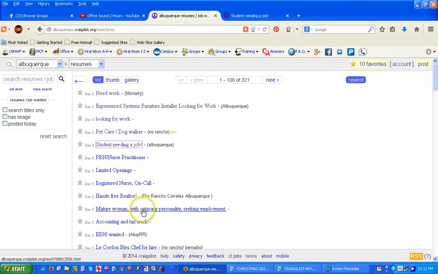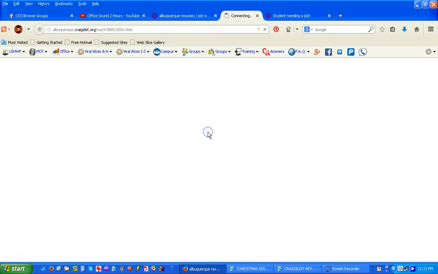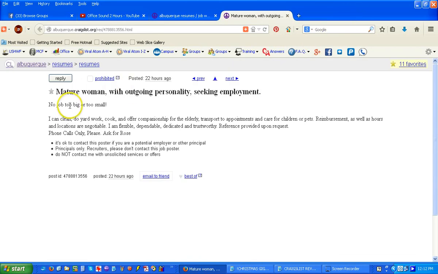Here's a mature woman with outgoing personality seeking employment. No job too big or small. She can clean, she can do yard work, cook, and offer companionship for the elderly, transport to appointments, and care for children or parents. Reimbursement as well as hours and locations are negotiable. So you might give her a call and see if you could use your script and say something like, "Hi, Rose," she's got her name here,